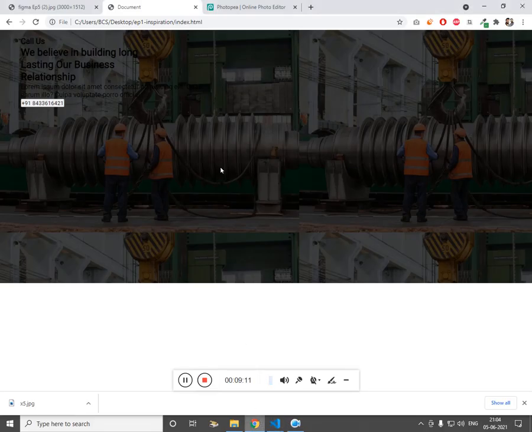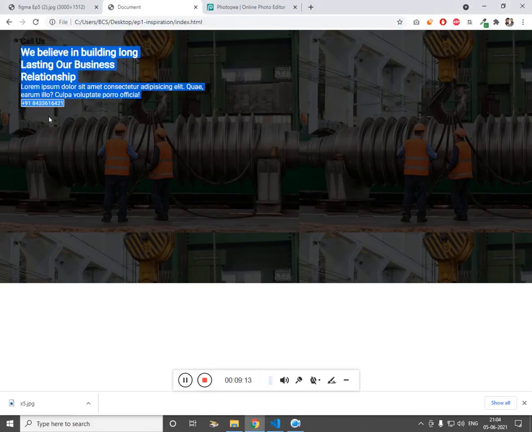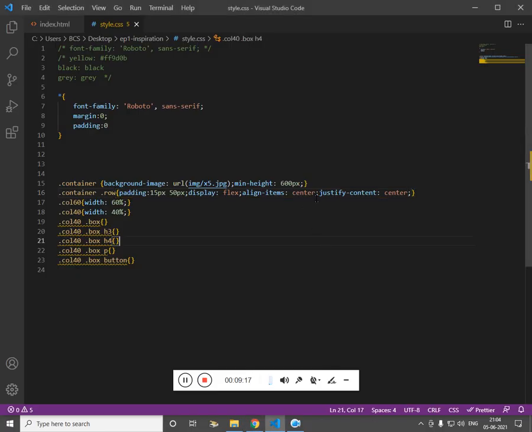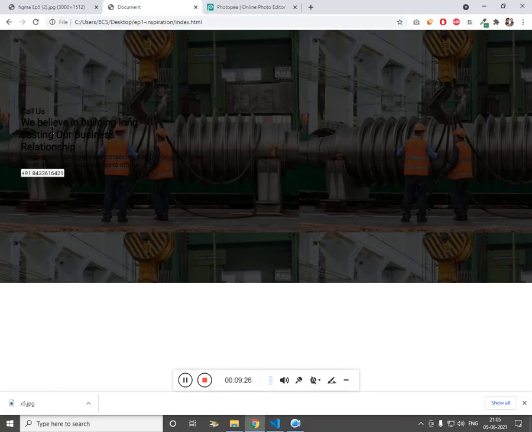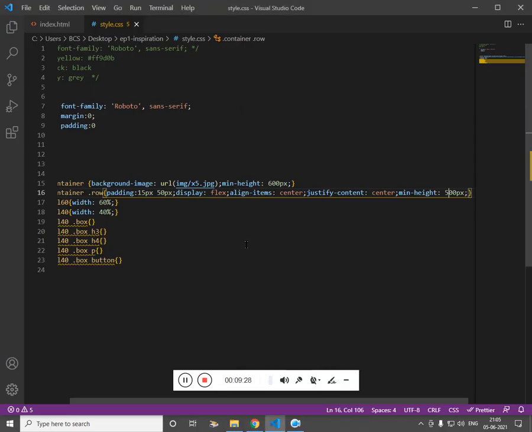By this it won't work. If we want this to be at the center, what you have to do is give height to the flex container. So let me make this, let's say 500. Cool, now you can see it's at the center.